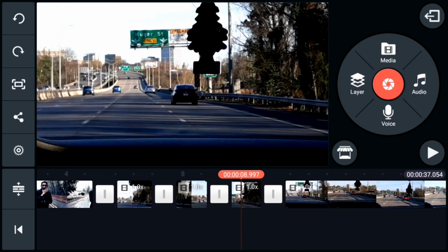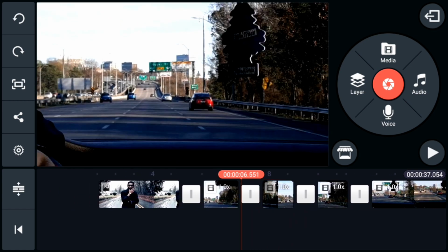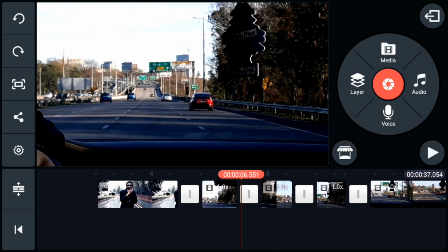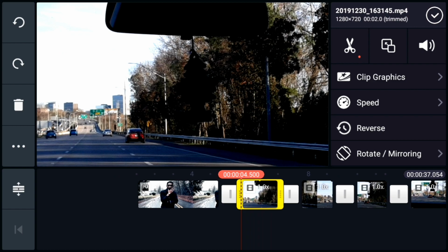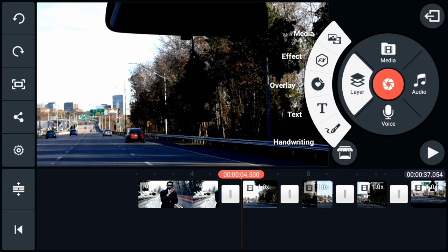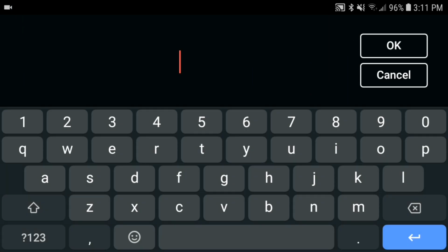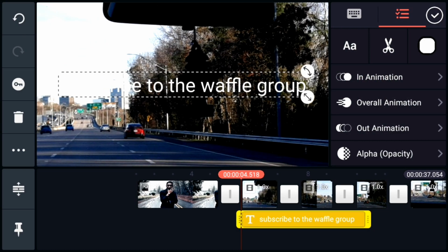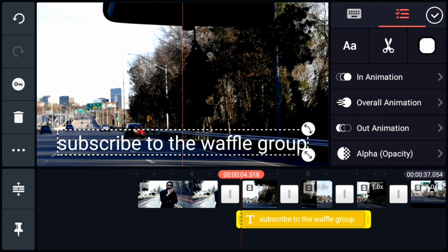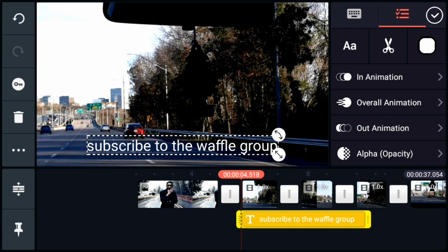So now that we have these multiple cuts in the video, I'm going to be showing you how to add text to your video. So first things first, you want to come to wherever the video starts. I like to use this method where I tap the track and then I'll drag it over and I'll go to the very end because I know that's where the video starts. Anyway, you want to come over here to layer and press text. And then you can type anything you want. Okay, cool. So I brought this text in. Now you can drag this text on the screen anywhere. And you can also zoom in and